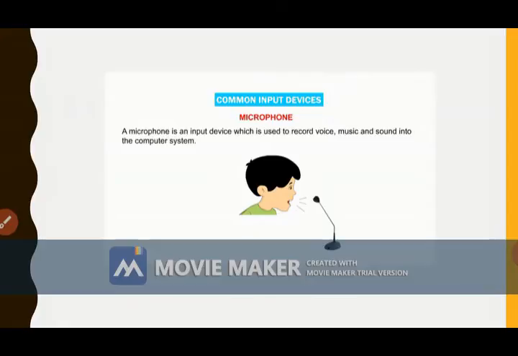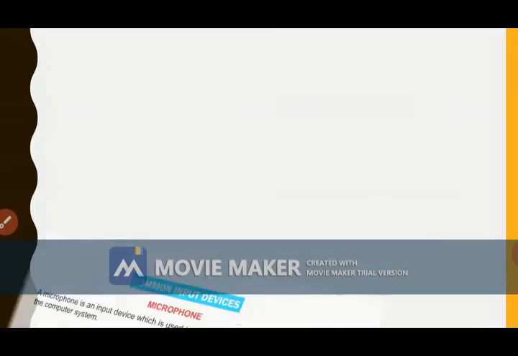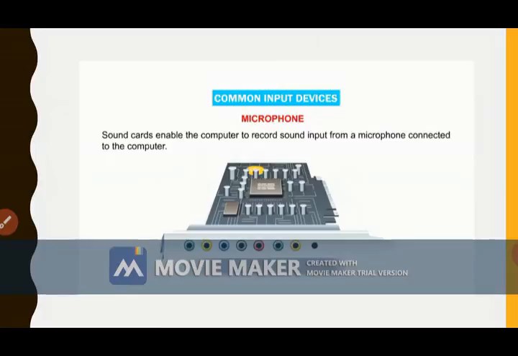Microphone. A microphone is an input device which is used to record voice, music and sound into the computer system. Sound card enables the computer to record sound input from a microphone connected to the computer.